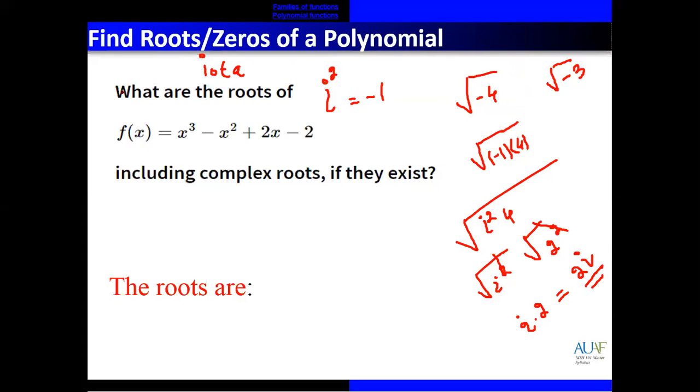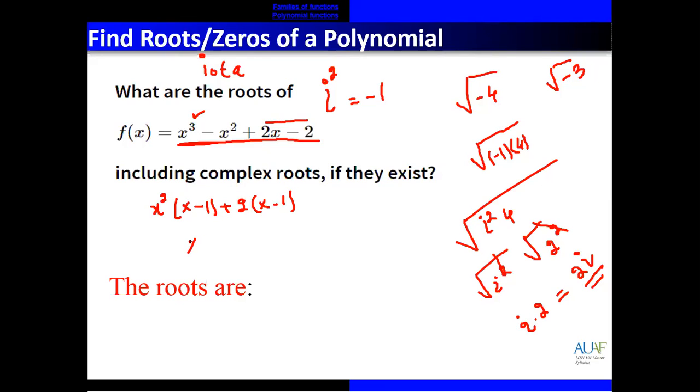So how to find the roots of this function? You can see x cube minus x square plus 2x minus 3. Highest power is 3. When the highest power is 3, it means there are 3 solutions for this equation: 3 roots and 3 zeros. So let's suppose in the first two, if we take common, x square is common, so x minus 1. What about the second pair? What is common here? If we take 2 common, remaining is x minus 1.